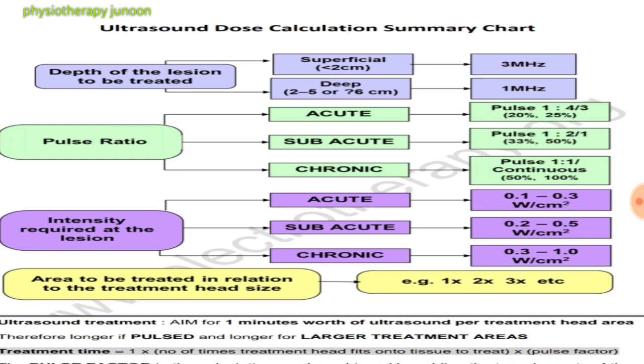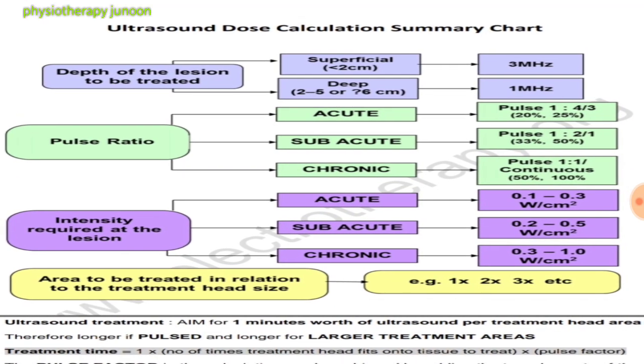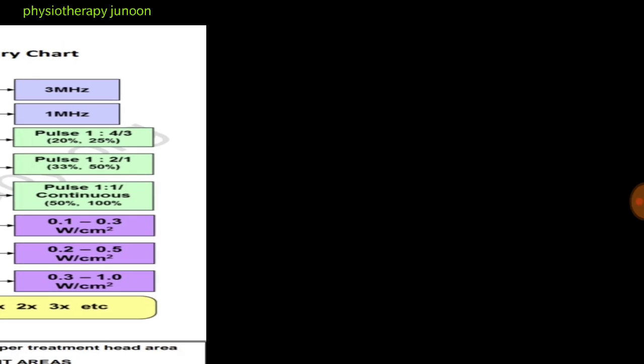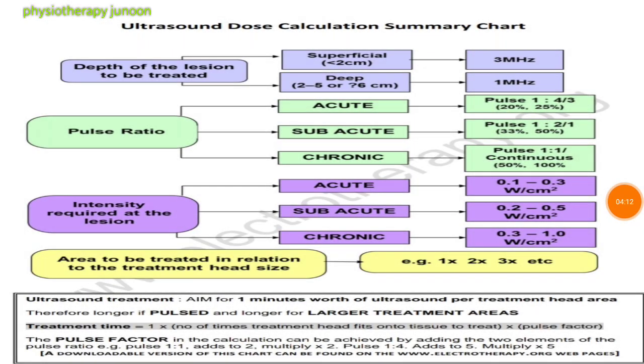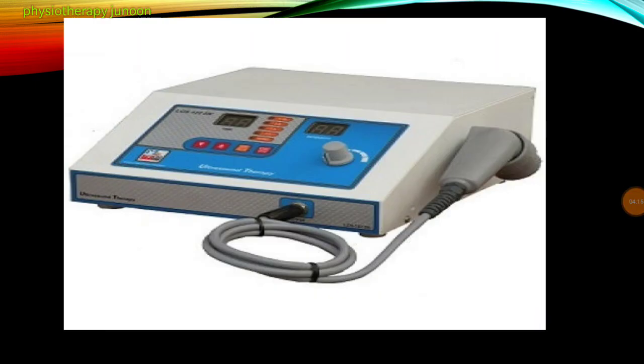After seeing this, you can easily use this table in your exam. You just mug up and write down everything, but I am 100% sure that most of the students do not understand this table. For understanding this table, we have to proceed with today's lesson. This is a simple ultrasound machine.